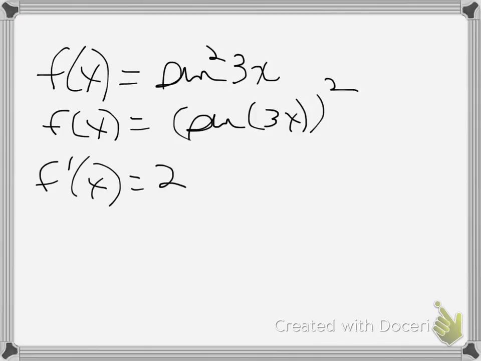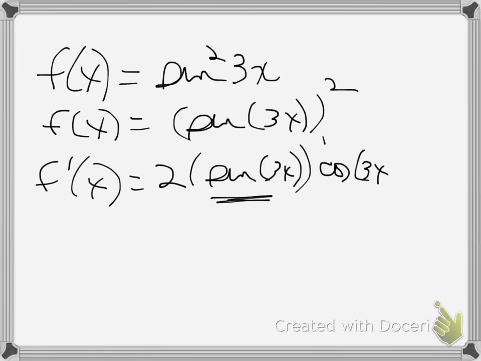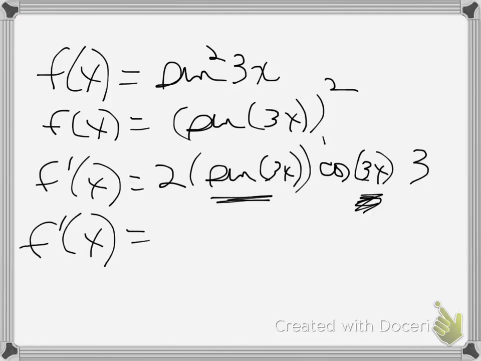Power rule first, 2, exactly what I see, don't touch anything inside, to the first power, right? Now take the derivative of this, which is going to be cosine 3x, and then take the derivative of this, which is 3. So I didn't write the ddx notation because of space here, but at the end of the problem, your answer is 6 sine 3x